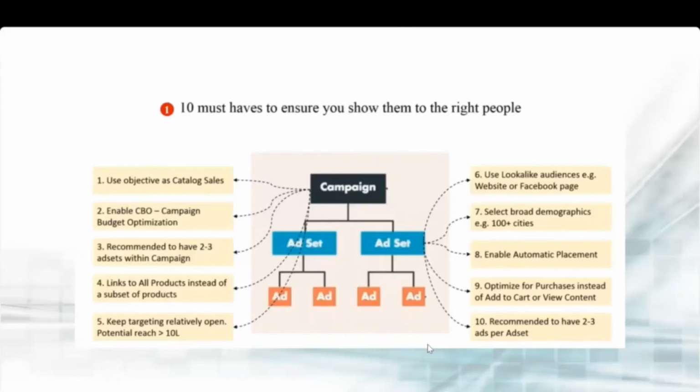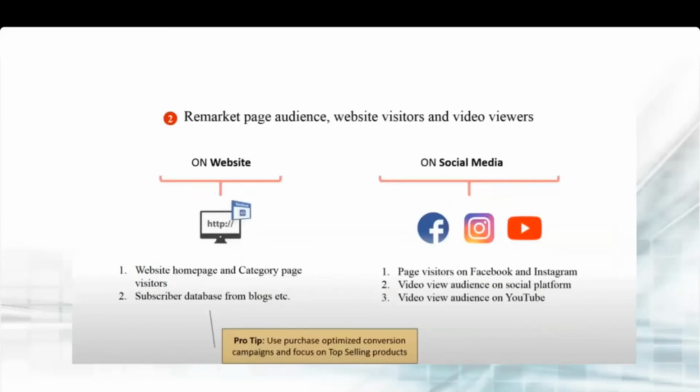Okay, and I need to optimize my campaign for purchase, and I need to have at least 2 to 3 ad sets, at least variation of targeting, also I can have under ad sets, right? Again, I can remarket to the audiences. So if I have a pixel code, I can create the audiences and I can run remarketing and conversion campaigns, right, for a website on social media sites.